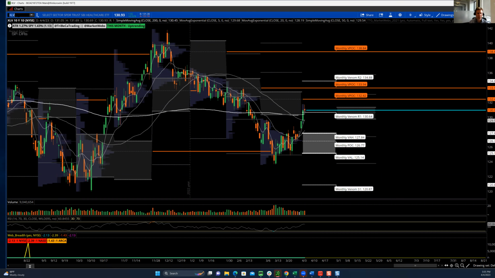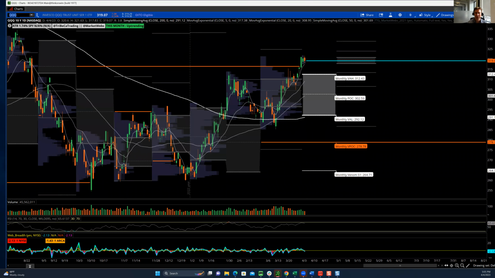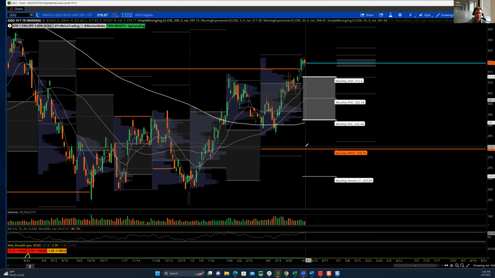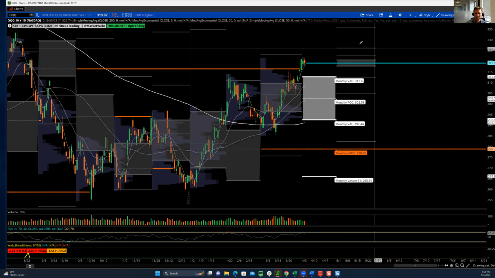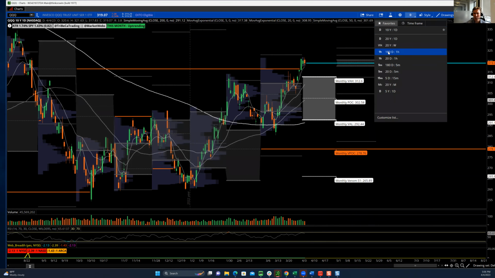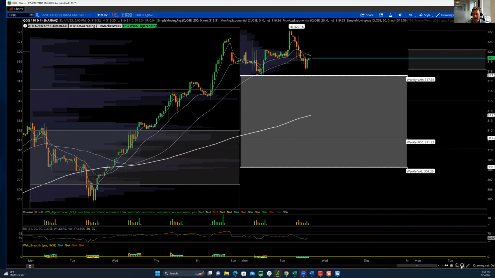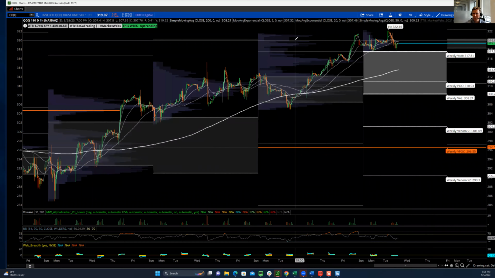Another area that does do particularly well in deflation environments is the tech stocks, right? And we know that's been one of the leaders of the market. So for now, we're consolidating. We did get over this virgin point of control, and it might be consolidation time a little bit, right? It doesn't mean every stock is going to consolidate, but I think for now, the overall index could be pausing. It did push back here into the top of value.